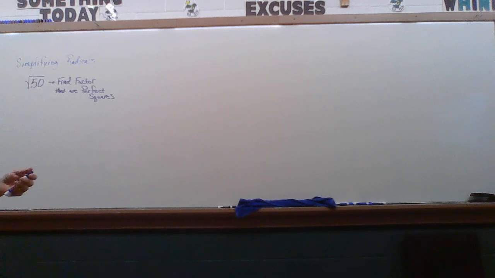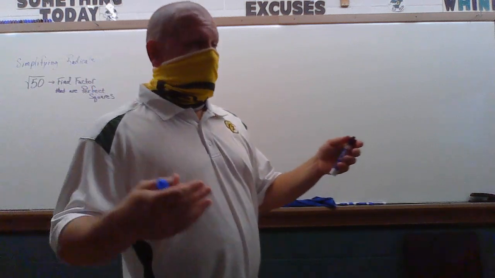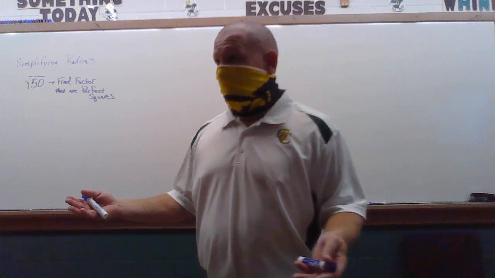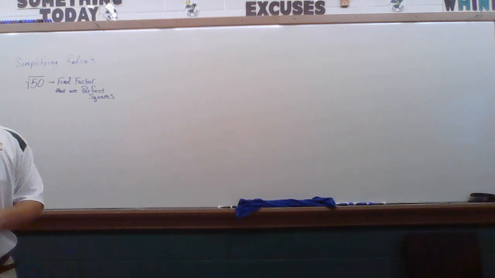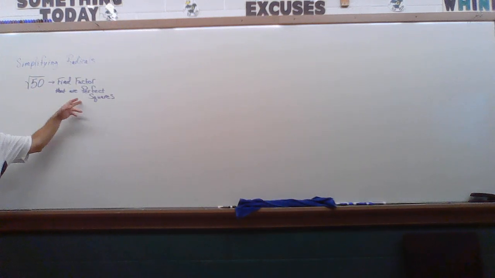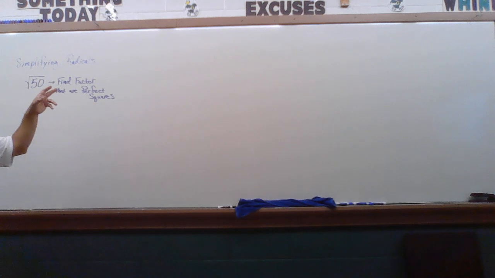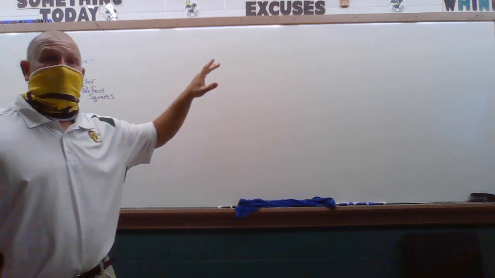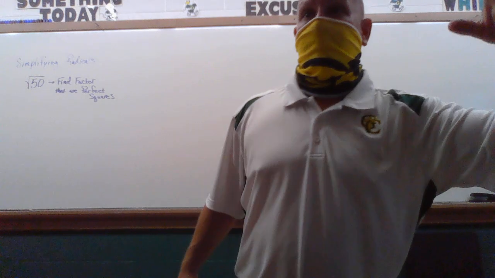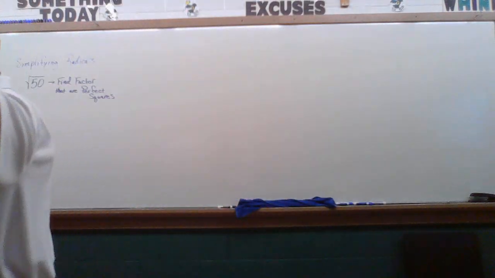Somebody earlier said 5 times 10, right? Well, are either 5 or 10 a perfect square? No. So those are factors of 50, but we want one that's a perfect square. So think about other factors that would be a perfect square of 50. 25 times